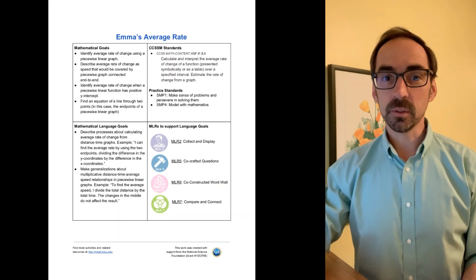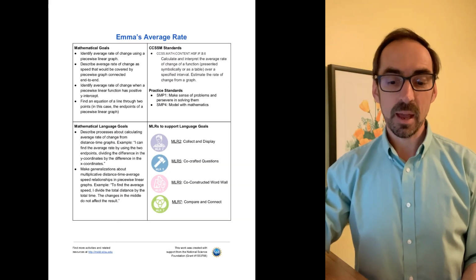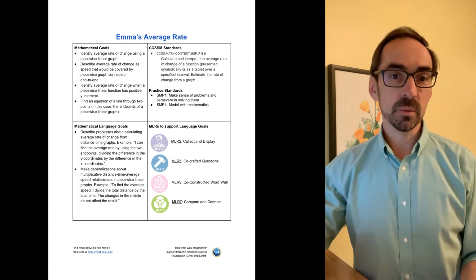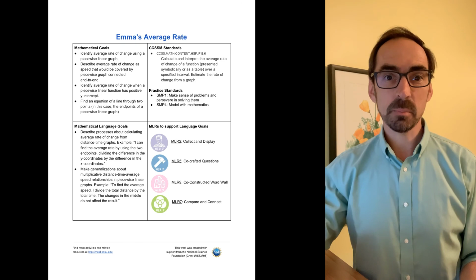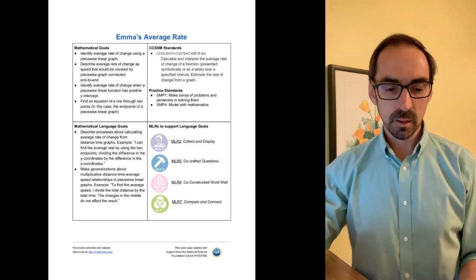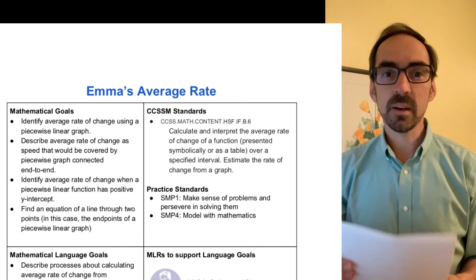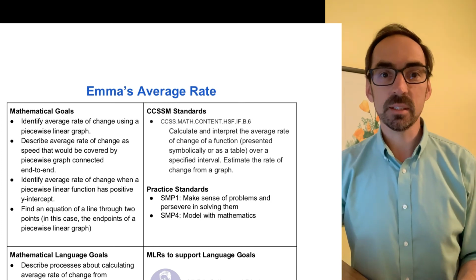In this video, I'm going to give a brief overview of the lesson called Emma's average rate. This lesson is near the end of the sequence of lessons that were designed as part of the mELD project. The mathematical goal for this lesson is for students to identify the average rate of change in a distance time